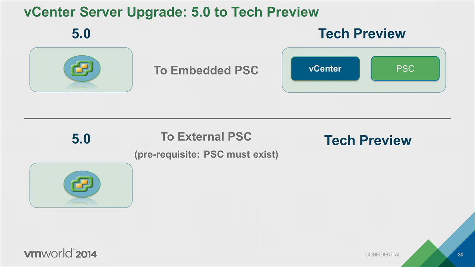And you have your new upgraded environment hooked up with the PSC working fine. If you want to upgrade your 5.0 to an external model, we have a prerequisite. You'll have to make sure that you have PSC installed ahead of time. And then you can use the upgrade flow to upgrade 5.0 to the new vCenter instance that will stand up